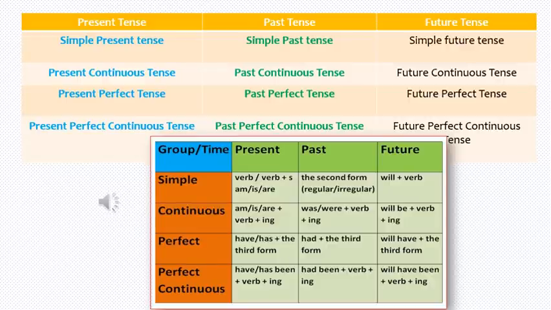And the last one is present perfect continuous tense. This tense is used to describe an action, event, or occurrence that has begun in the past and continues into the present. It is also used for an action that began and just finished in the past, or in case where there is no mention of time. They have been trying to contact her. Okay, the action started in the nearby past and now also it is continuing in the present. Okay, they have been trying to contact her, the example.